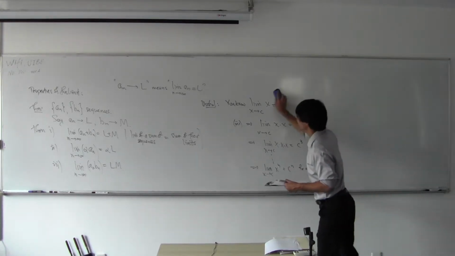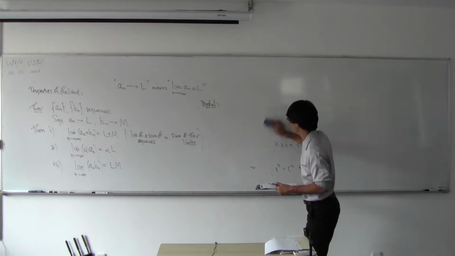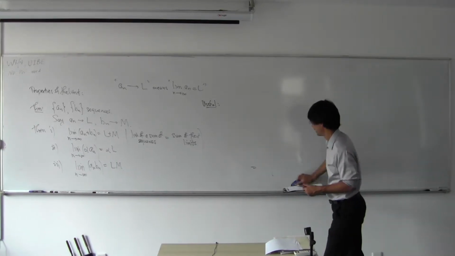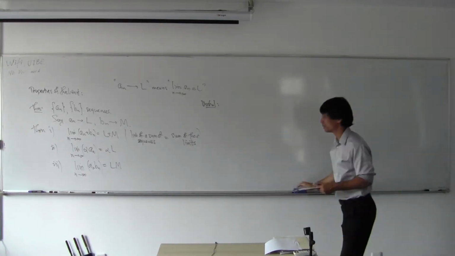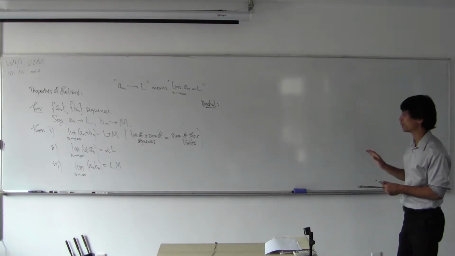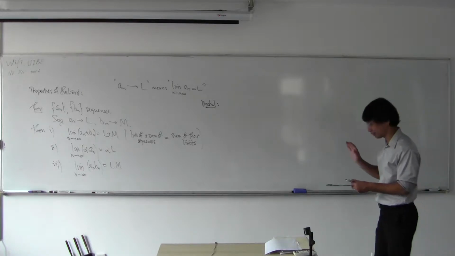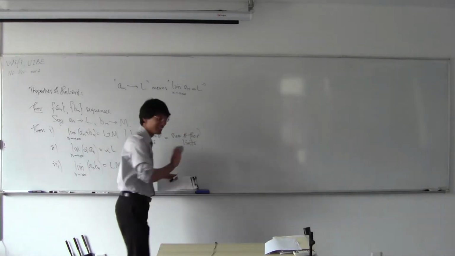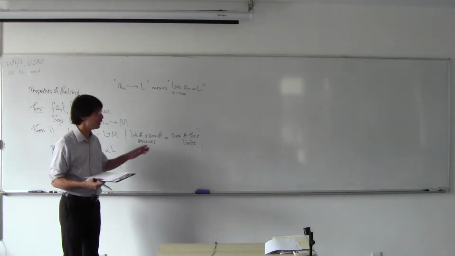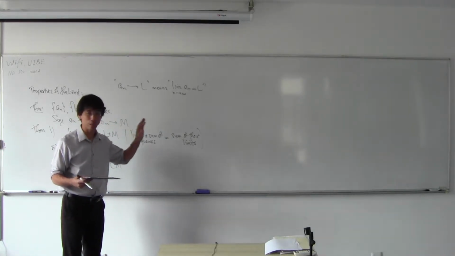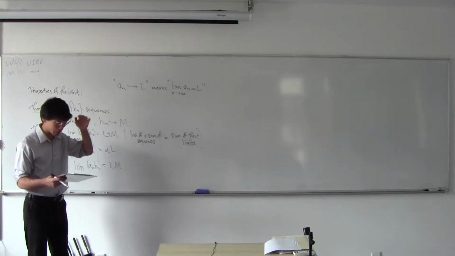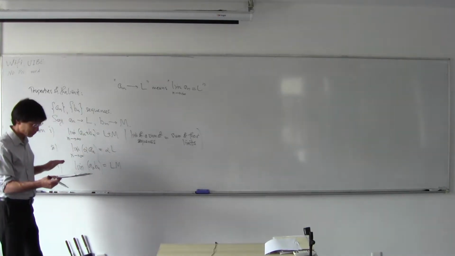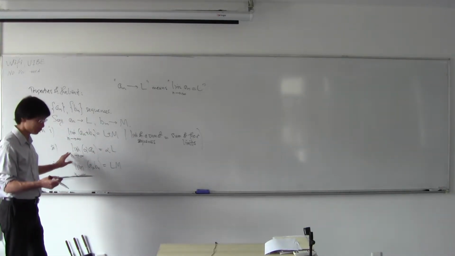Sorry, this is not what I should be writing. I'm thinking about something else entirely. Sorry. Let me just think. Sorry. All that was from function limits, not sequence limits. Okay. In any case,